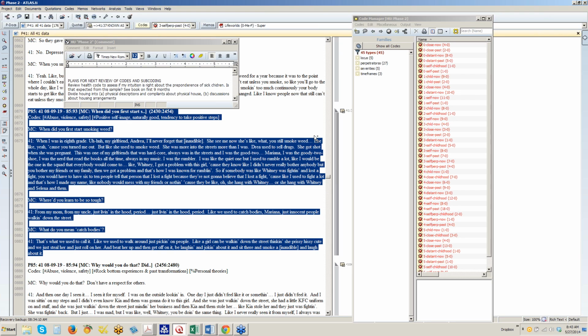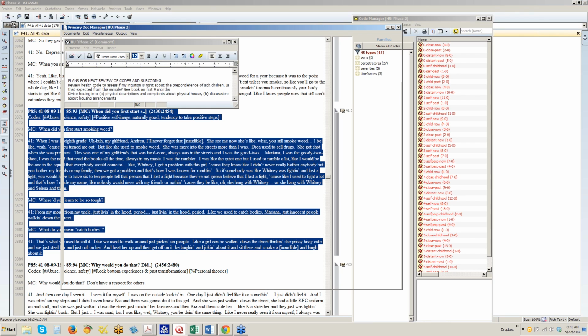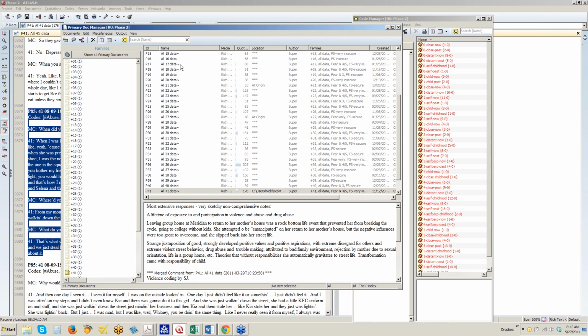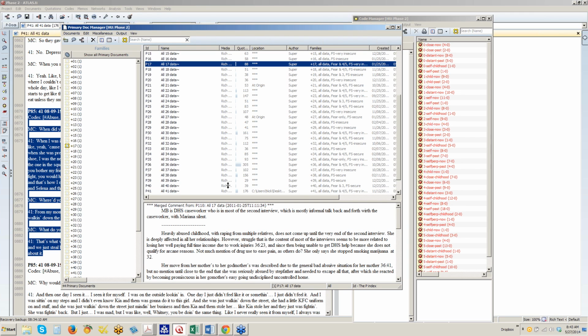I choose to use the comment system for all my analytical writing. I write either on quotation comments or code comments, because I find it much more helpful to have my analytic writing in context. And if I could just make one summary point about that, where somebody else would use a memo for a more broad, high-level analytical topic and write a memo on it, I make what I call a high-level code, and write that analytical writing on the comment of that high-level code, and I link